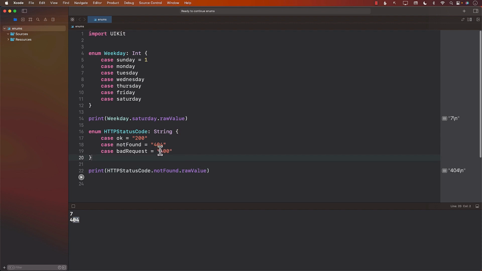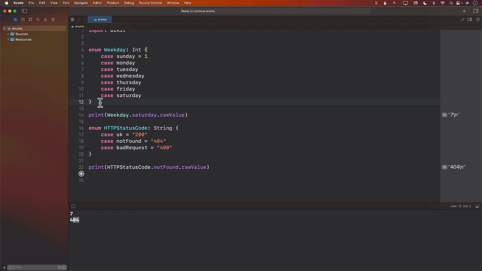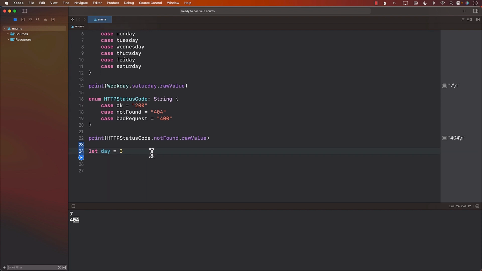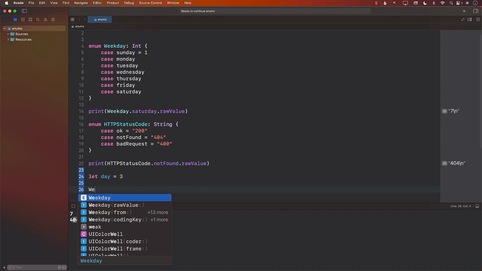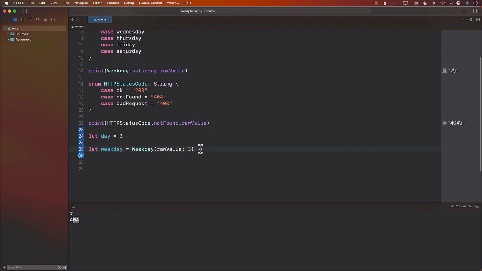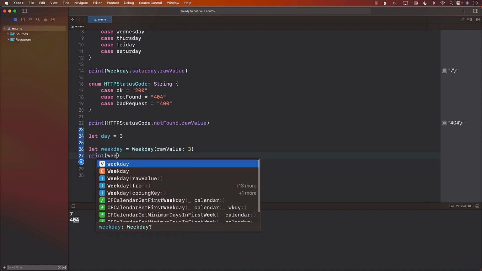Now, one of the cool things that you can do with these raw values is that if you actually have a raw value, you can construct a particular weekday. Okay, so let's do something fun. I'm going to say day equals 3, just a variable, just an integer, and that value is just 3. Now what I want to do is, can I use weekday? So if I say weekday, pass in the raw value, which is 3, can I get weekday back? So what will it actually return when we are passing the day 3, which is the raw value? So if I go ahead and print this out, weekday,